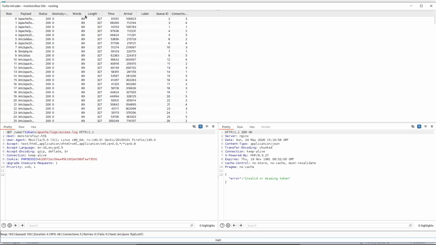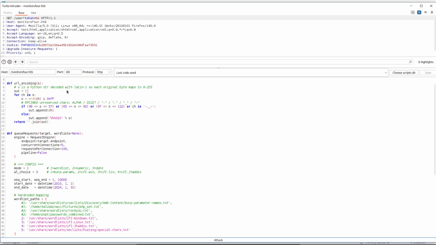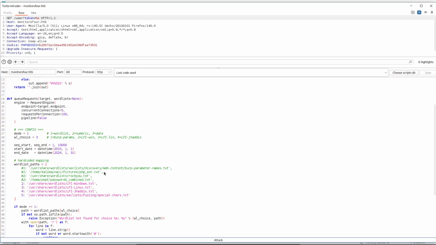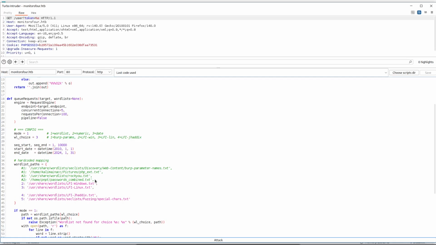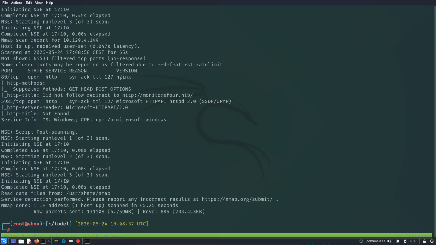We get the same length, the same status, almost identical, so I'm just going to configure that, and I'm going to add a new word list. Let me configure that with number 3. I'm going to comment this, and the word list that I will search for,